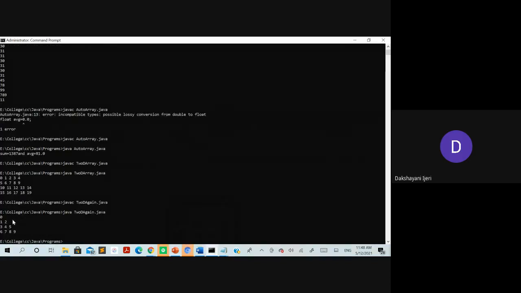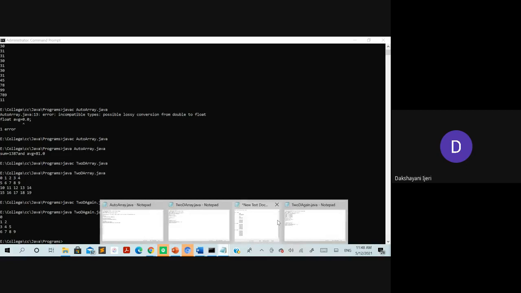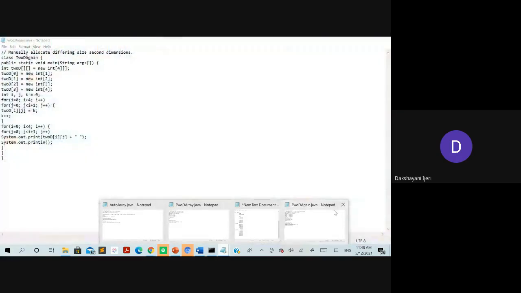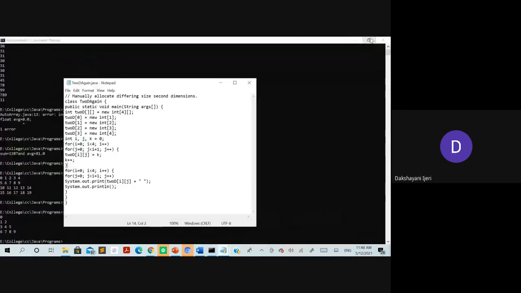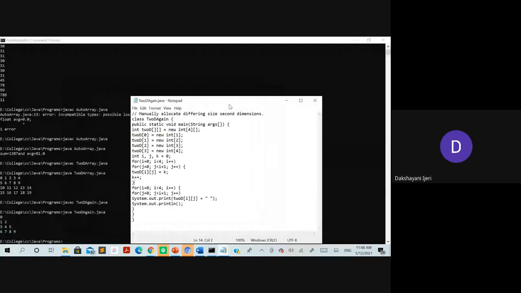So you can see here how you are able to store the values. As we have put, there will be four rows, but every time we have changed the columns to be considered here. In this case, you can see the columns that you have considered are different for each row. And how you have stored the value depends upon the values that you have taken, so you need to put the condition over here. The rows are 4, that's why you have taken i is less than 4,